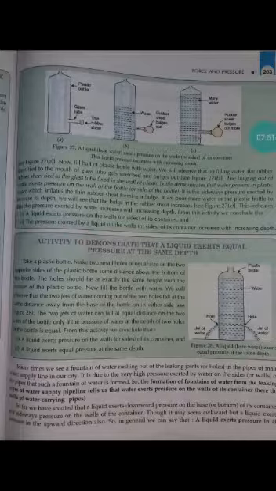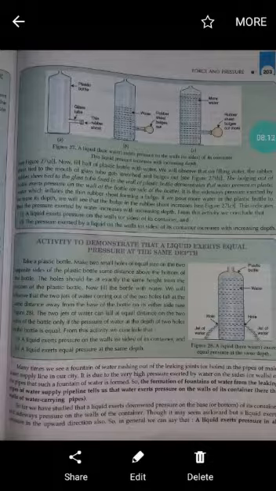We will observe that the two jets of water coming out of the two holes fall at the same distance away from the base of the bottle on its either side. So why does it happen so? The two jets of water can fall at equal distance on the two sides of the bottle only if the pressure of water at the depth of the two holes in the bottle is equal. Yes, that is why they fall at the same distance.